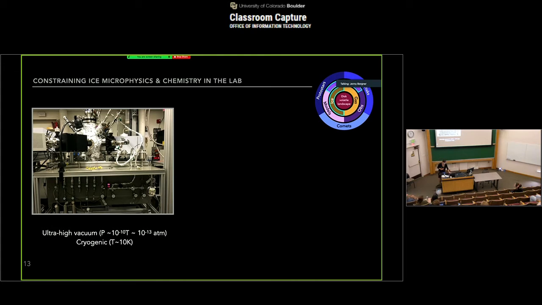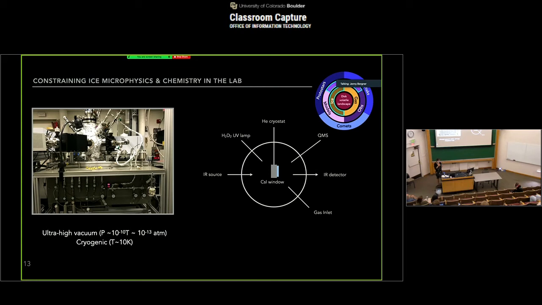We have a number of instruments in this chamber that let us study chemistry in the ice phase. We basically cool a cesium iodide window down to very low temperatures. We release molecules into the chamber using this gas inlet, where they deposit onto the surface of this cold window, forming an astrophysical ice analog. And then we can use infrared spectroscopy and various energy sources to study how the chemistry is proceeding. So coming back to the question of how chemical complexity is built up in the early stages, we're really trying to understand the ice phase pathways that can lead to this production of organic complexity.